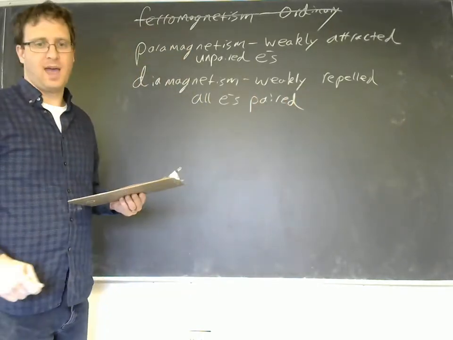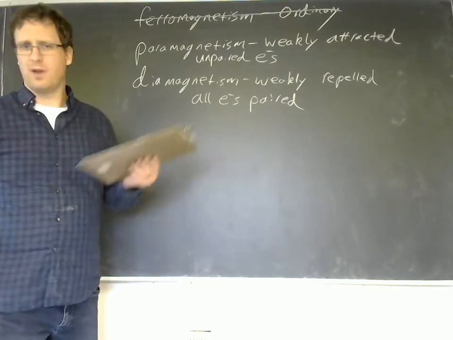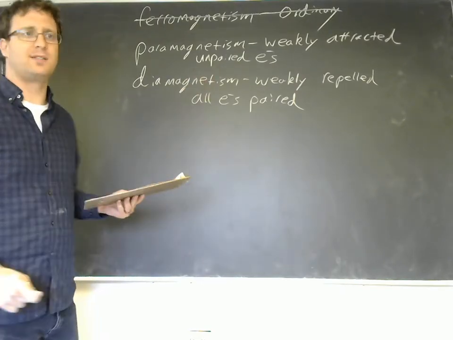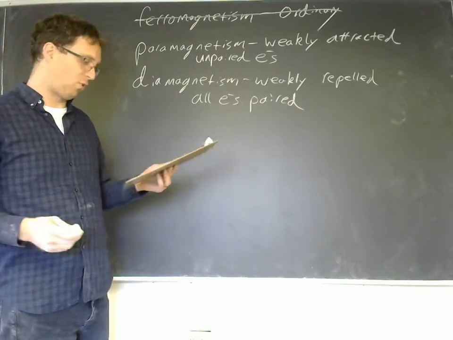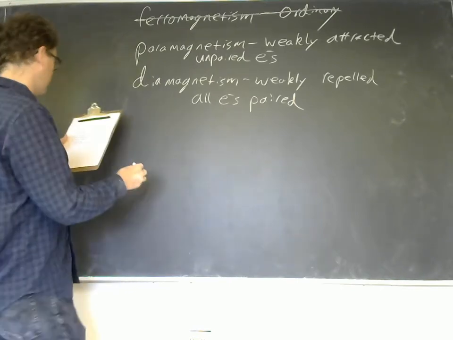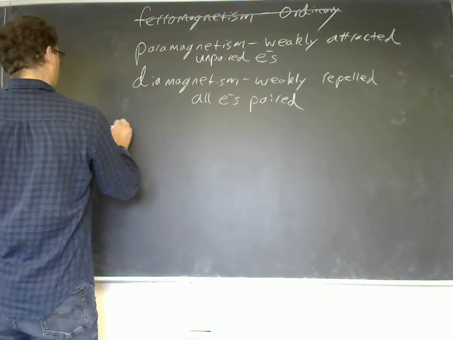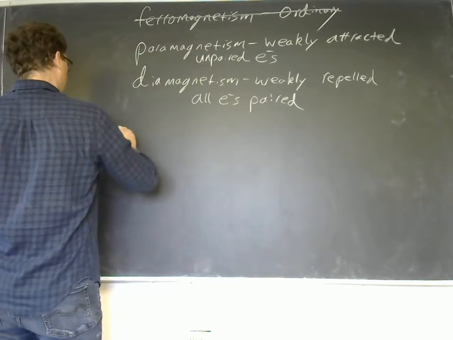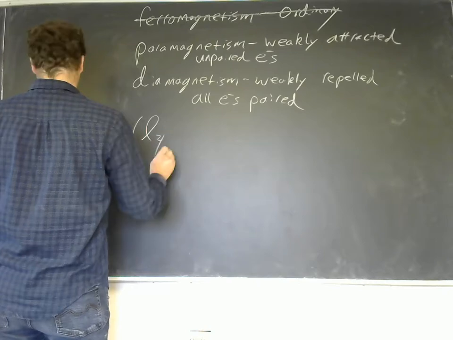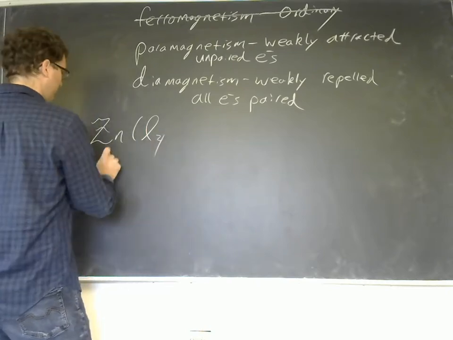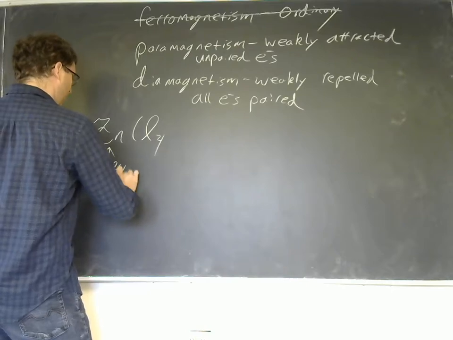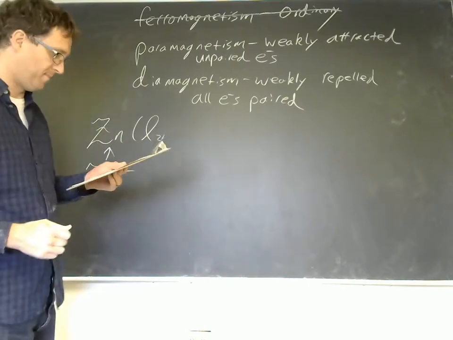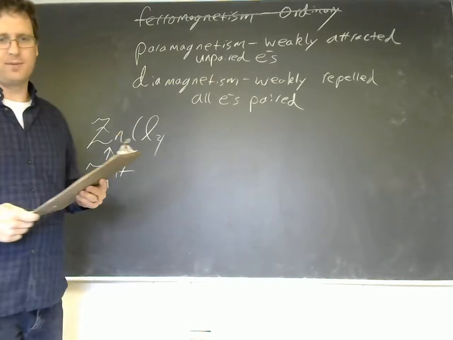And so we already applied these ideas in the context of molecular orbital theory. Well, let's now consider the compound ZnCl4. So this has a Zn4 plus cation. And zinc,